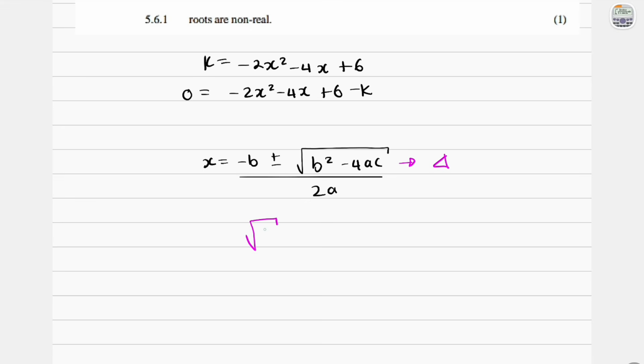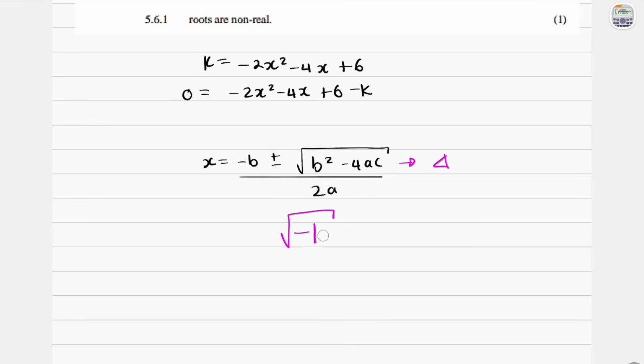So for example, if you square root a number that is greater than 0, like 5, you just get root 5, okay? So this will provide you with real roots. But then if you square root a number that is negative, what happens? On your calculator, you'll get an error, but this is a non-real number, and so your roots will end up